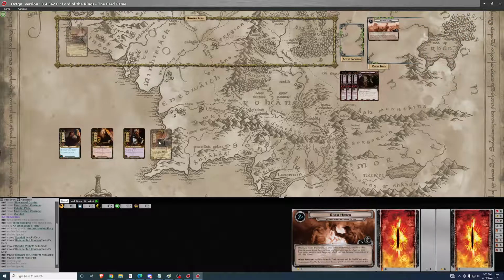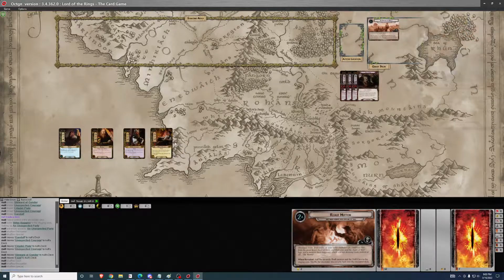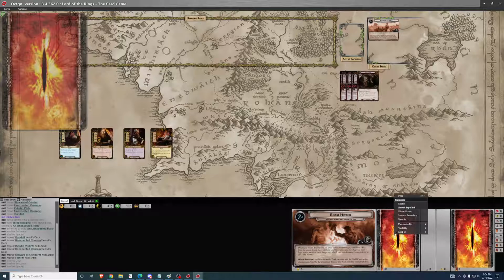Bilbo is under my control. He does gain a resource every turn. They're special Baggins resources. He can't gain additional ones from card effects, but his Baggins resources will be spent to help me out on the quest. And as part of the setup, the sack cards are made into a sack deck, and the troll enemies and the troll cave are out of play. And then we reveal one card from the top of the deck